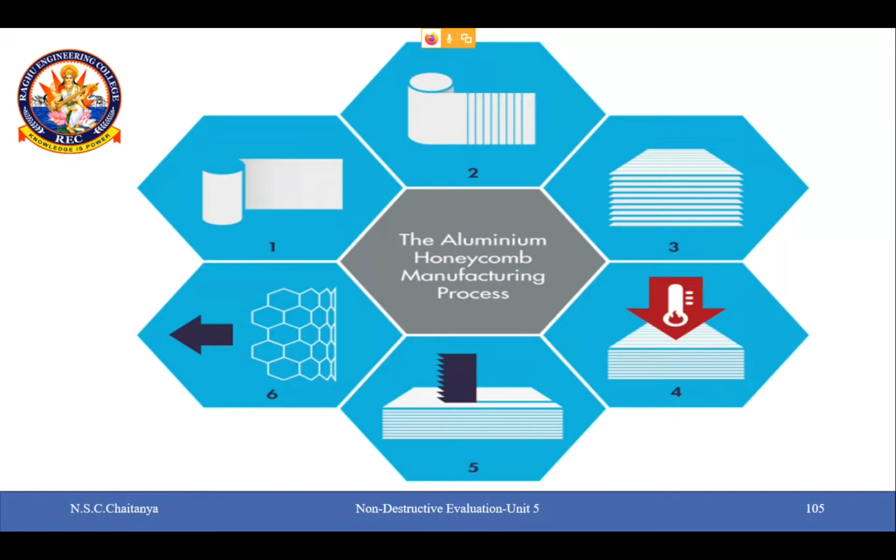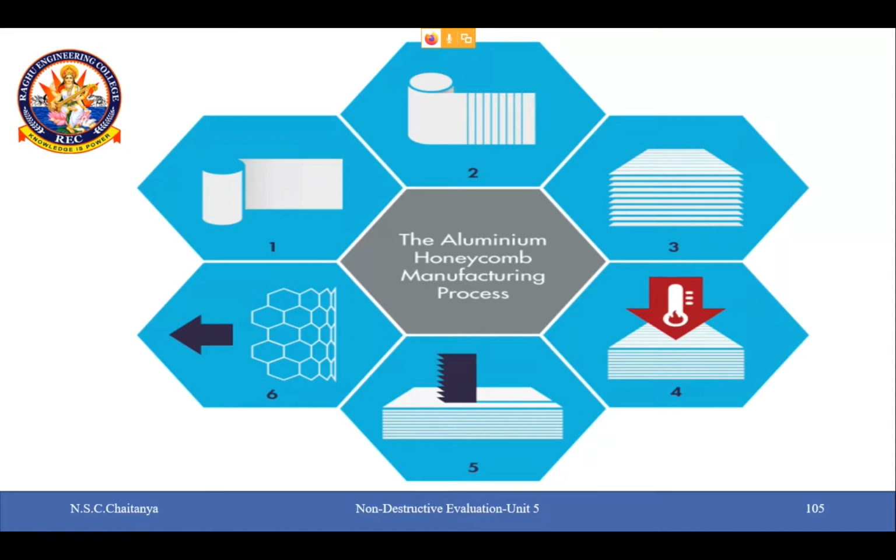In the first number 1, you are taking a aluminum roll of foil and it is shown. So it all starts with the aluminum roll of foil. In number 2 of the image, you can see there are some lines which are drawn. How and what these lines are? The foil is sent into a printer for adhesive lines to be printed. That means you are going to print some lines where you are going to use the adhesive. In number 3 in the image, the foil is cut to size and stacked into piles. You are going to cut the foil as per the size, and then they are stacked in form of a pile.